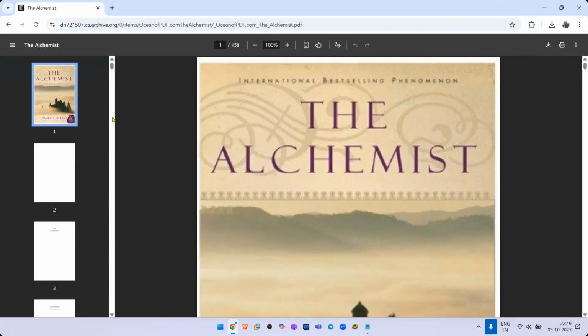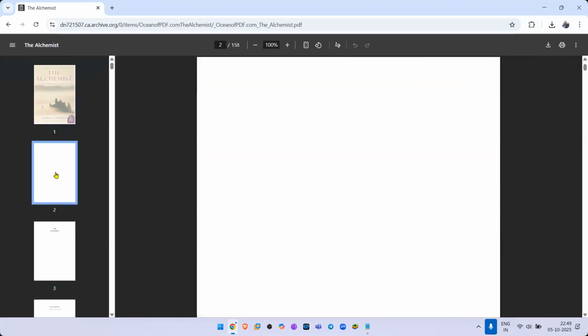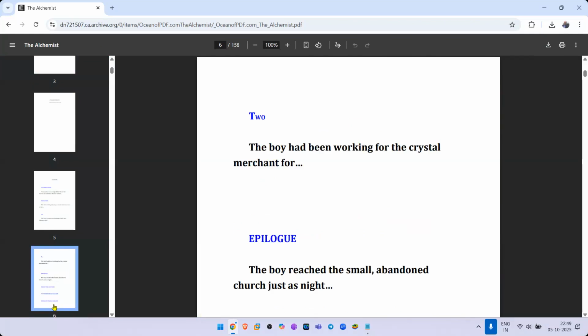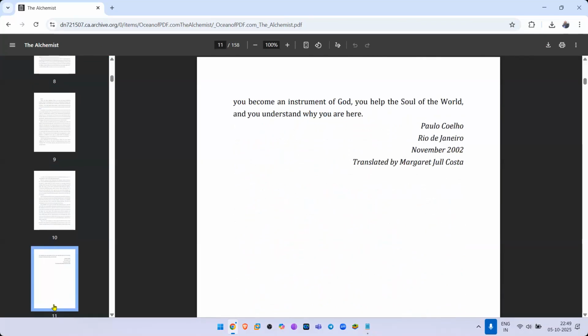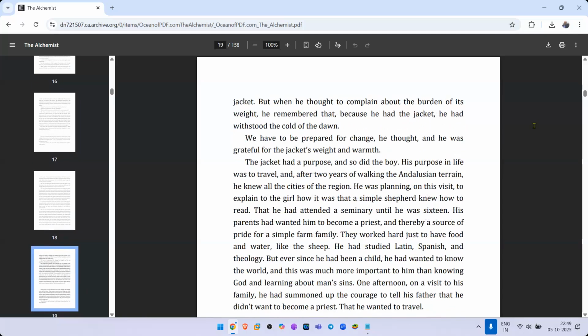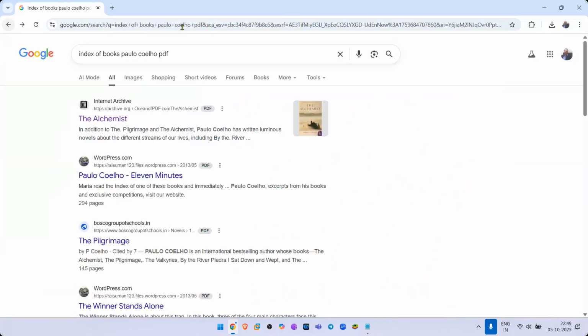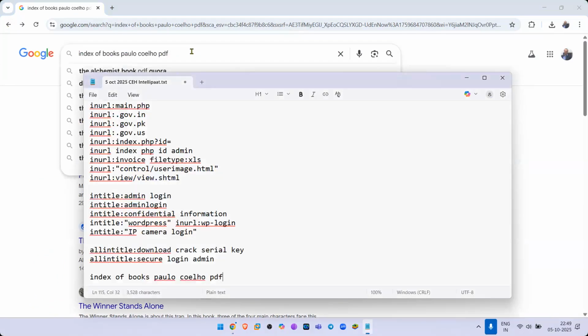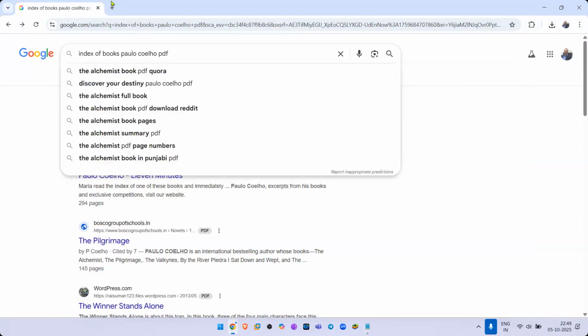This book costs money if you buy it from Amazon, but it is available here. This is one of the best books. If you have read this book, you know what I mean, right? The entire book is here. You just have to click on the download button. I'm not really pressing the download button, but you got the idea how simple it can be for you to download a book. Okay, this is just the tip of the iceberg again.